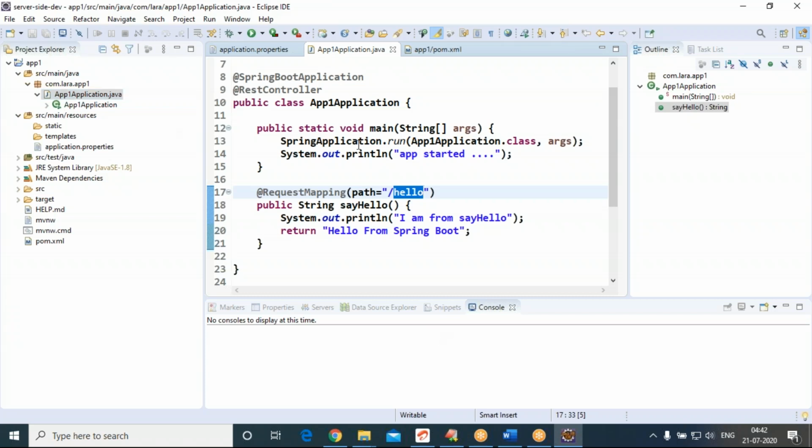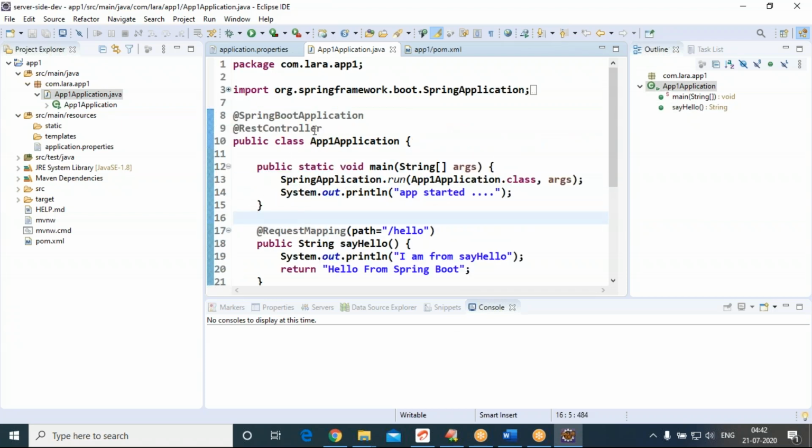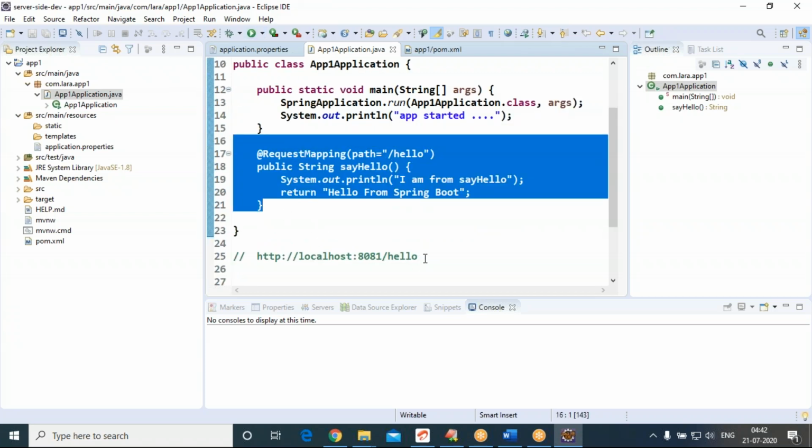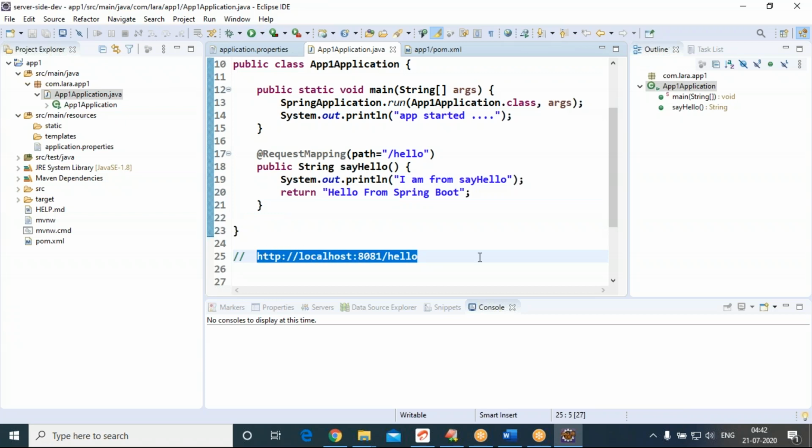We made this file a REST controller, and we developed one simple REST API. We made a call to that API by using this URL. It's very simple, like a hello world.